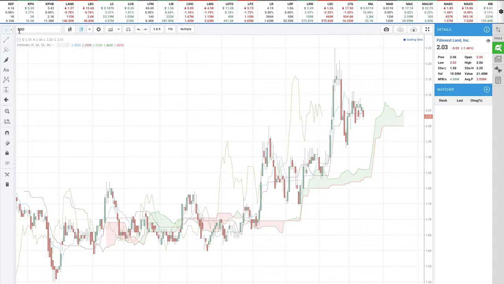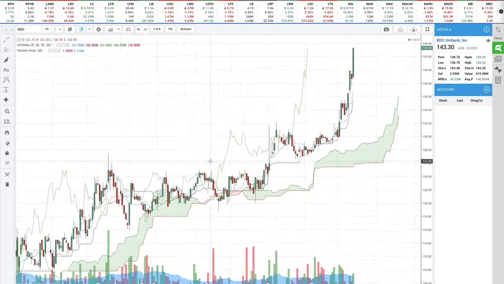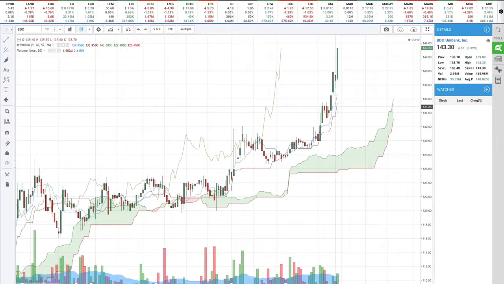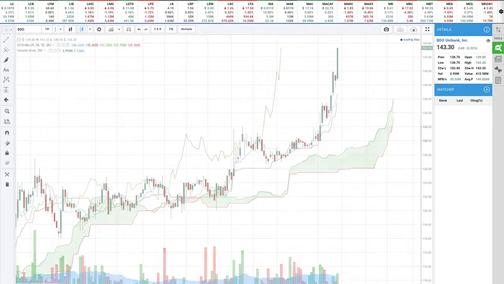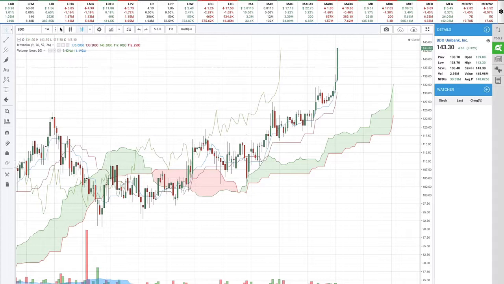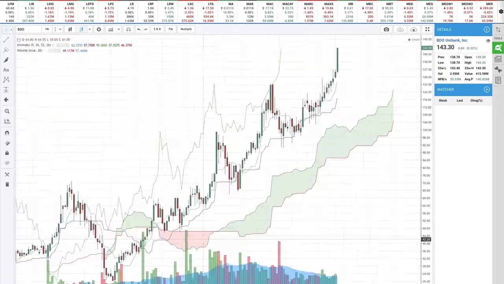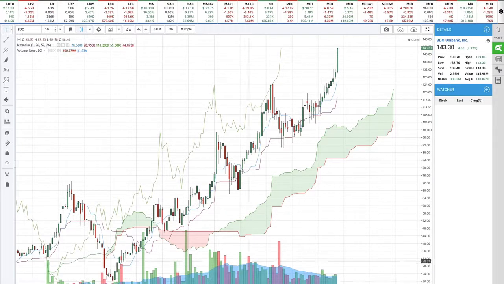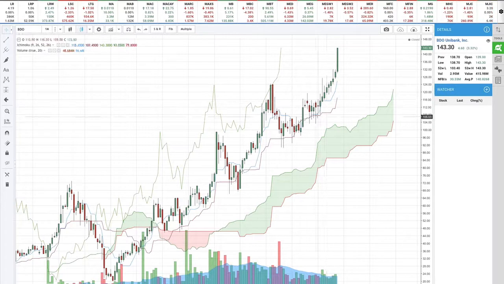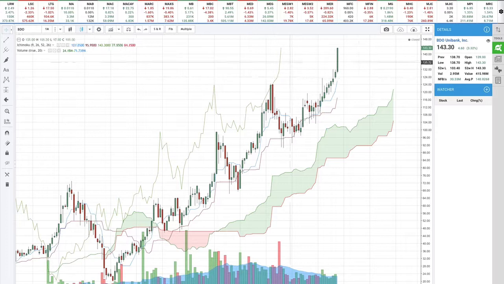BDO has been one of my favorites lately because it had been breaking out consecutively. There have been two breakouts for the past month. So this is the daily chart, the weekly chart, and the monthly chart. Look at those candlesticks. In the monthly chart, there's a strong trend: consecutive green candlesticks for the past few months. You have SM,